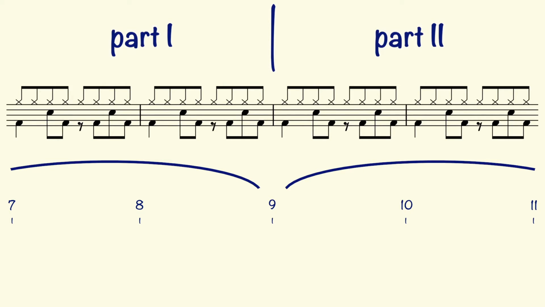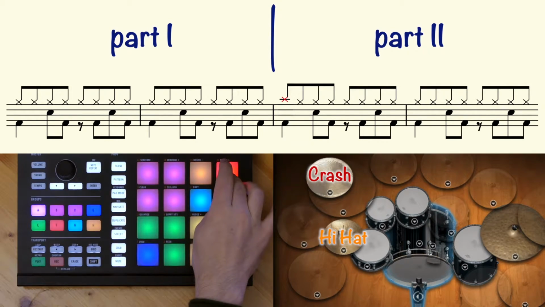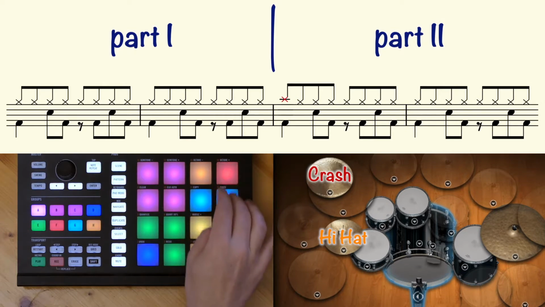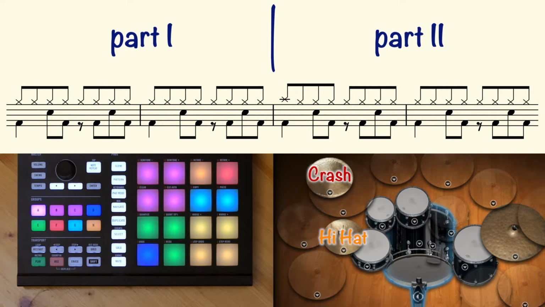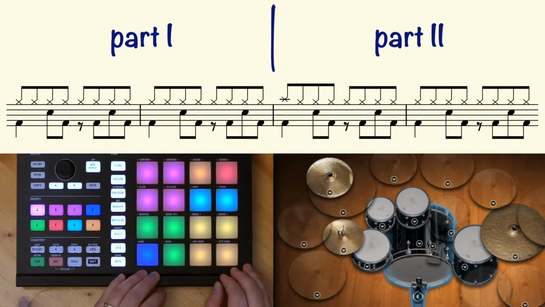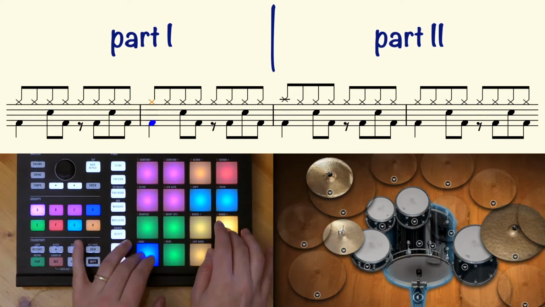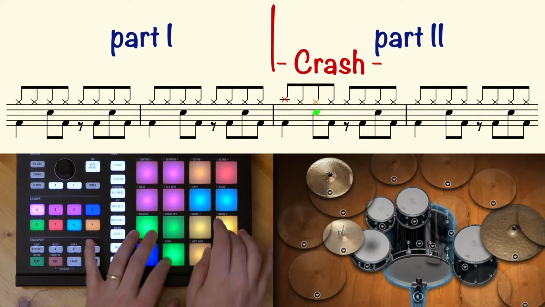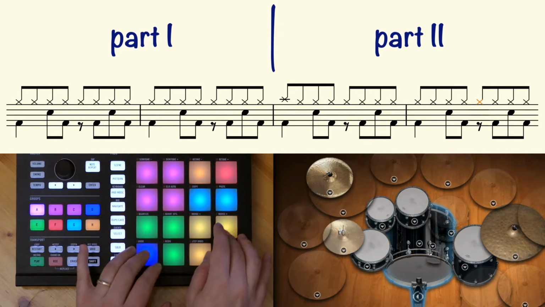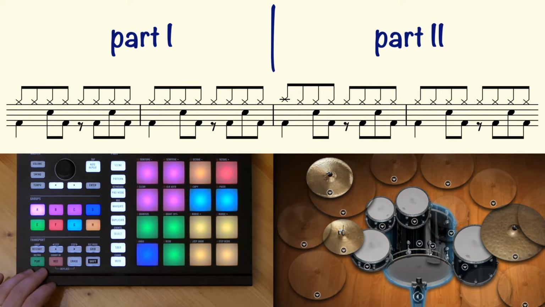The easiest way to tell the listener that something important is going on, like the start of a new song part, is to hit the crash cymbal on beat 1 instead of the hi-hat. The crash cymbal is much louder and longer than the hi-hat, which makes it a good choice to focus the listener's attention onto an important event. Let's check it out. I think that's already much better now, but there is still room for improvement.